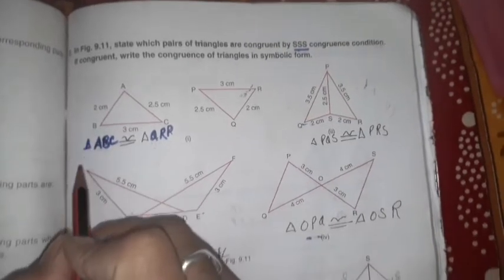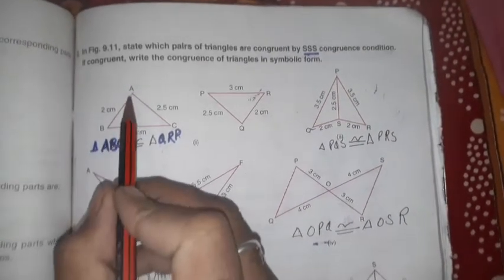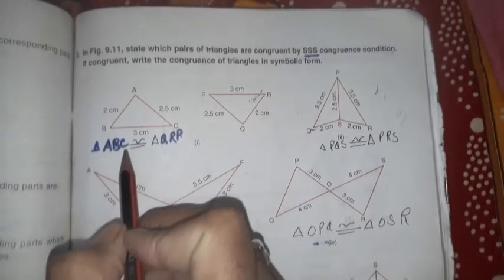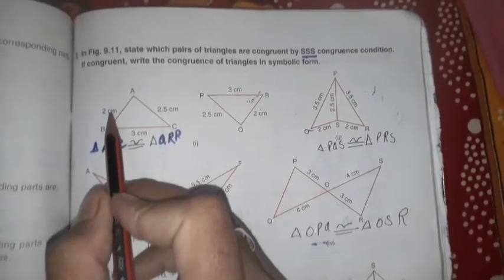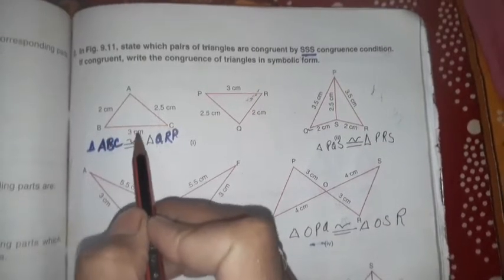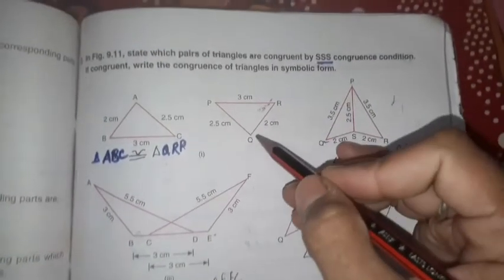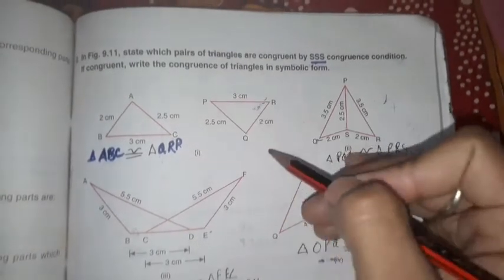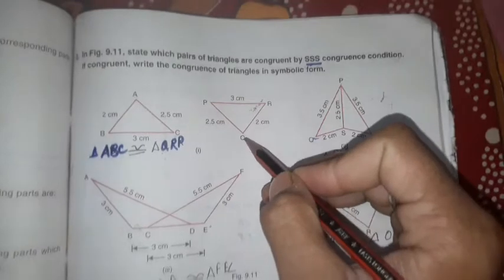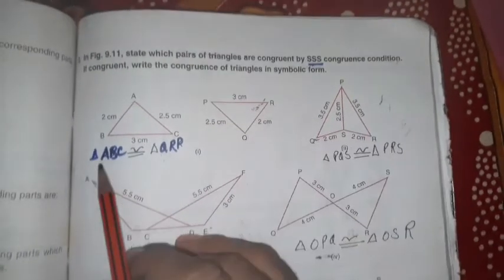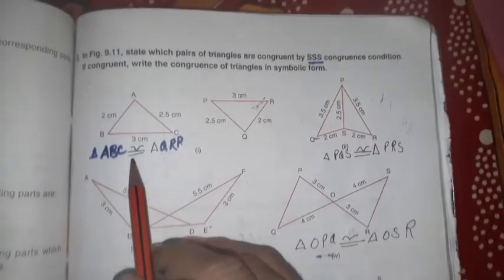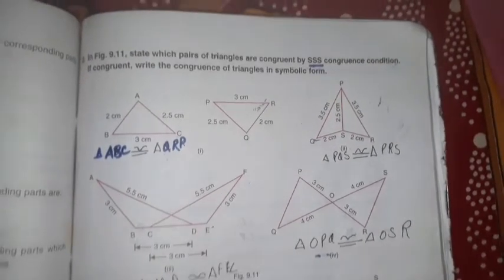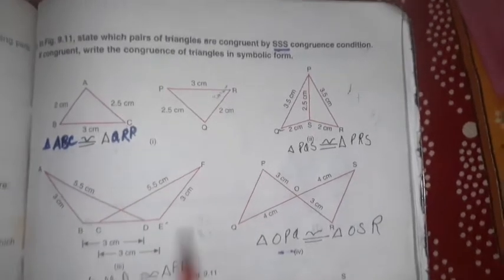But how can we write the name of this triangle? For example, I have read from this ABC, triangle ABC is equal to, so AB is that side which is 2 centimeter and BC is that side which is 3 centimeter. So in this triangle, QR is that side which is 2 centimeter and RP is 3 centimeter. The name of this triangle is QRP. Therefore triangle ABC is congruent to triangle QRP. In this way we have to write it in symbolic form. The next part is there,